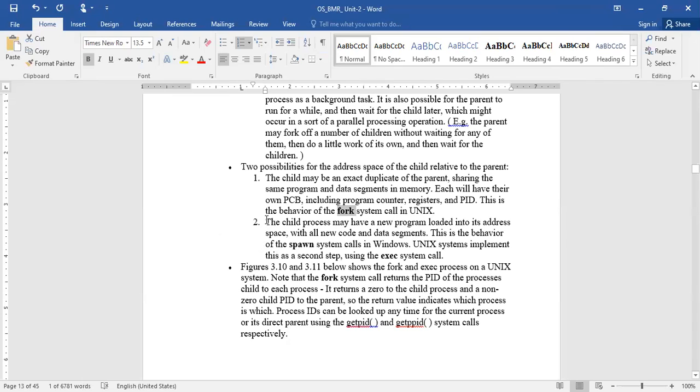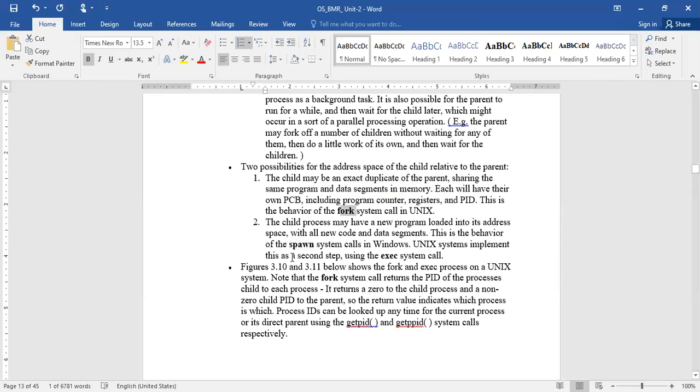And the second option is the child process may have a new program loaded into its address space with all new code and data segments. This kind of behavior exists when you are using the spawn system call. Usually in the Linux or Unix environment, the fork system call behavior exists.